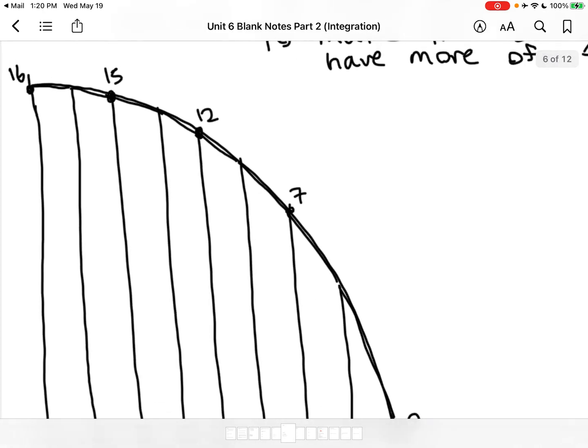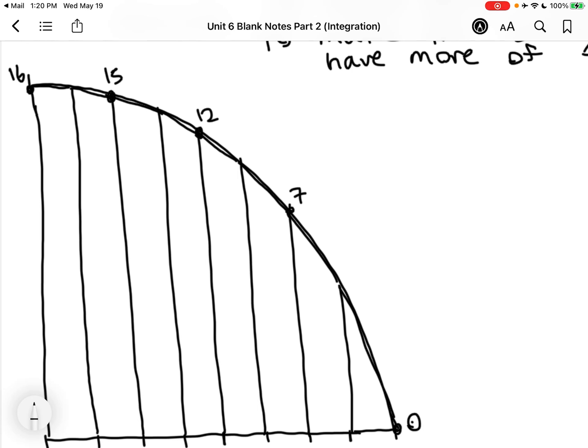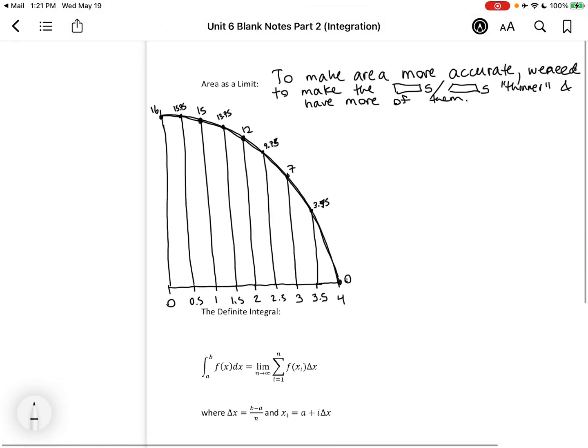Whoops. So these guys are 15.75, and that's of course the y values, right? 13.75, 9.75, and 3.75. Okay,